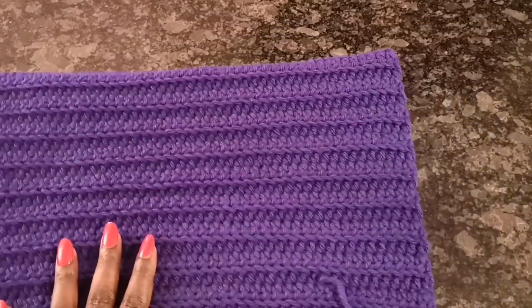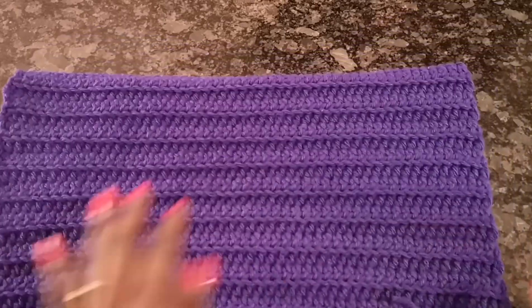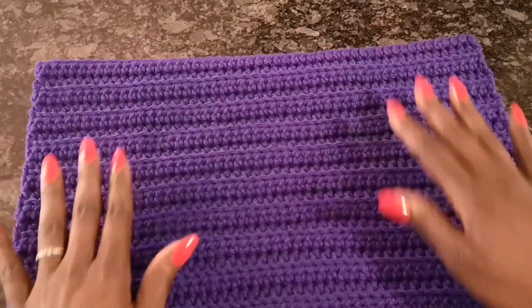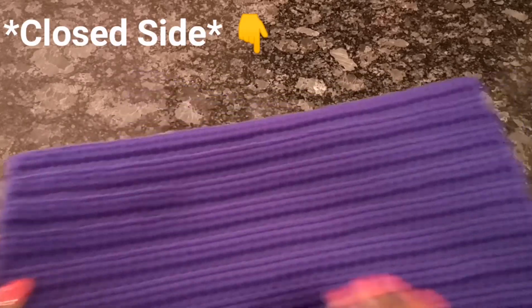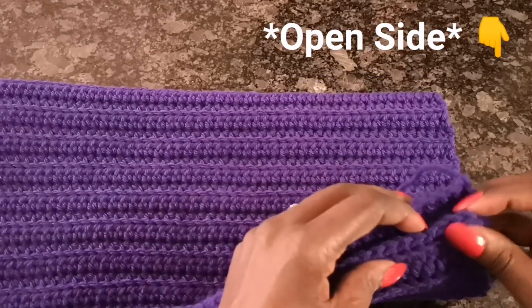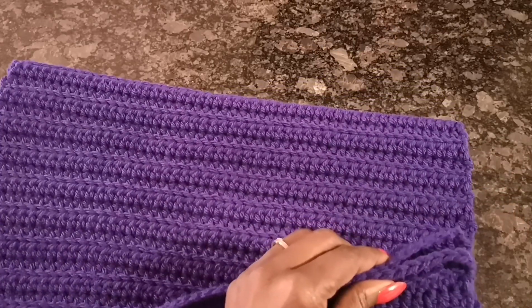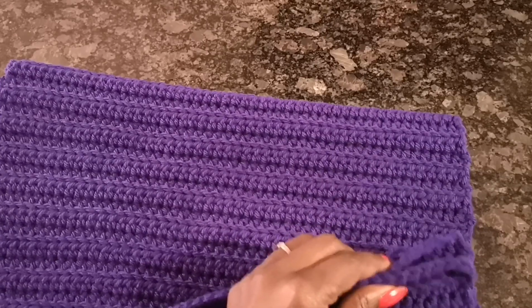So for me, both sides look pretty okay, so I'm not too picky as to which side I want open, but just for entertainment purposes, I will have this side as the open side of the hat, and this side is where I'm going to be closing it. So I will end up sewing it in like this. So now that we have decided where to start our sewing,